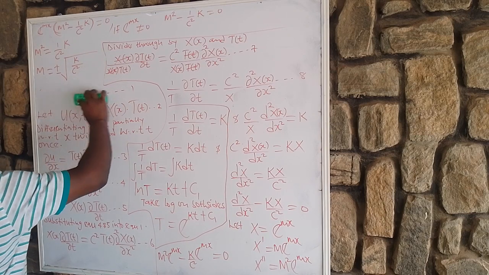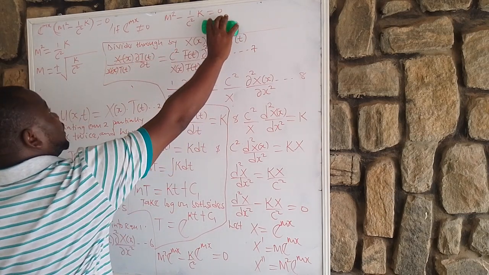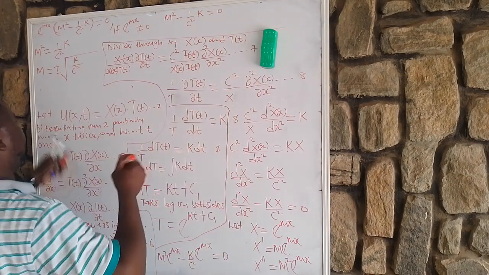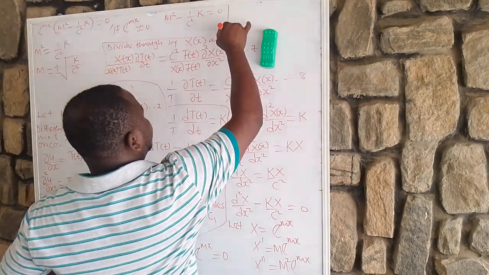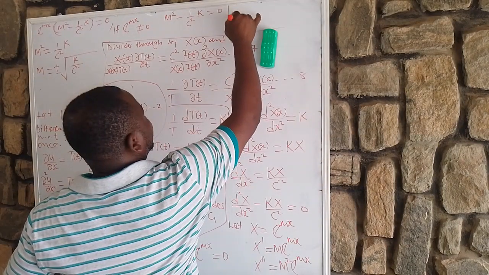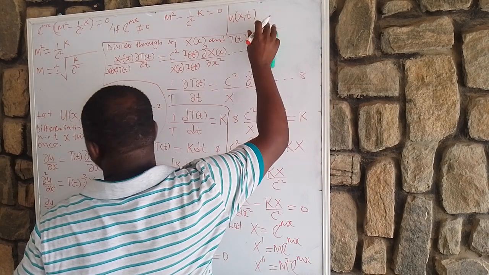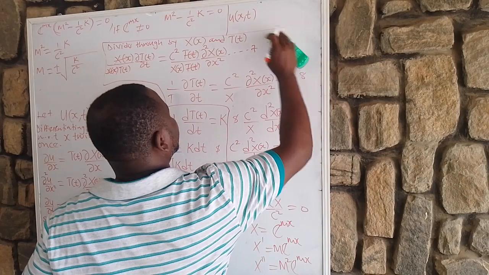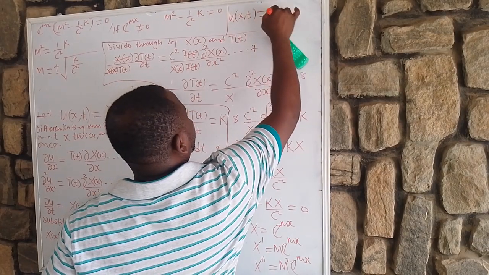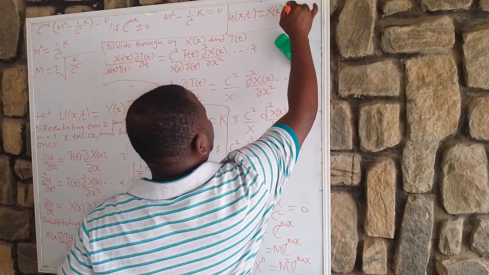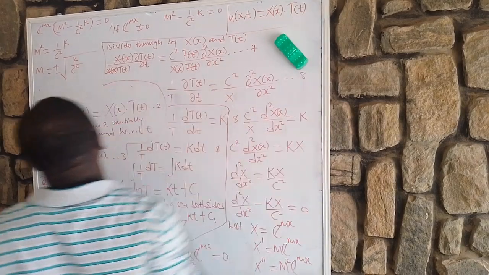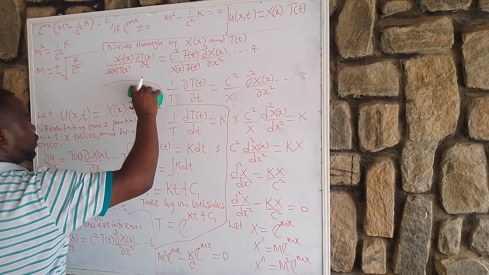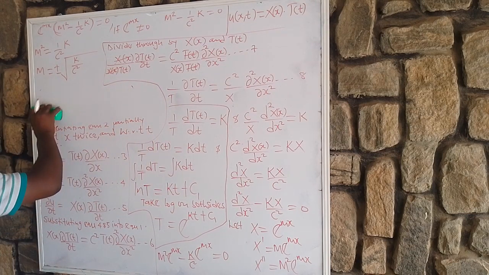Please let us not forget this equation 2, because we will use it. Let me just write it down here. We will use it. U of x comma t is equal to X of x times T of t. Okay. So far so good. If you can see what I am saying,